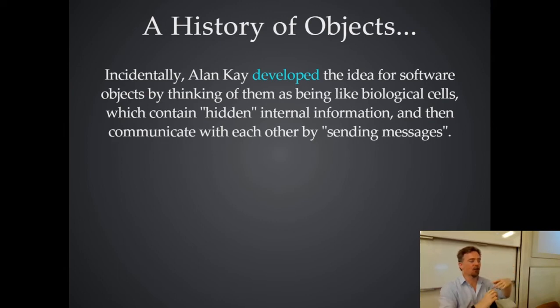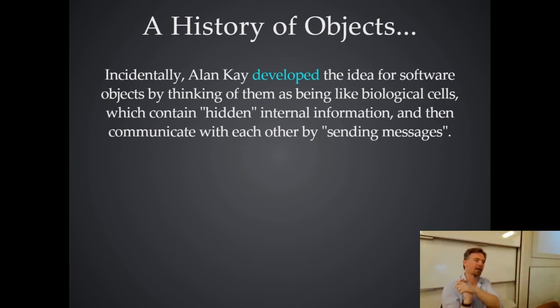And that's basically what private variables are, right? The private variables of an object are the things that the object's in charge of, but other people are not allowed to mess around with them. You're only allowed to communicate by sending messages to the cell of a correct form. And this is what your methods are. You send a message to the object or the cell, and it processes it, and it decides what to do about its own internals, and then maybe spits something out at the end. And that's how the cell maintains its integrity, unless something evil comes along, like a virus that messes it up. But that was sort of the analogy.